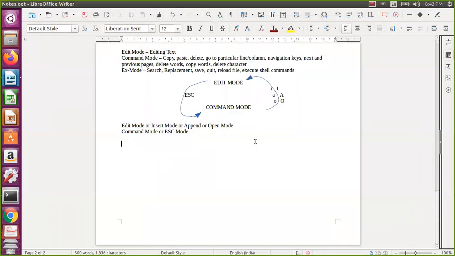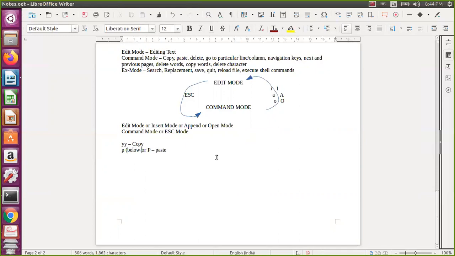So these are the commands. yy means copy the line, p means paste the line. You want to paste before or after? If you want to paste below the current line, then small p.